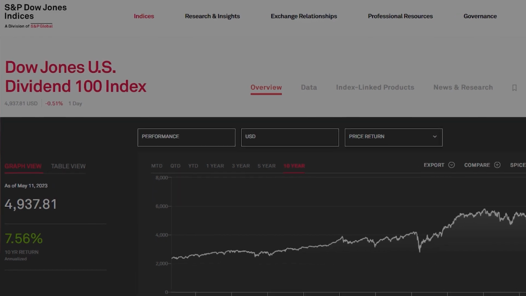To understand SCHD, you first have to understand that it's an index fund. You cannot invest in an index, but understanding the benchmark or the index will help you understand the fund. Kind of like paying Microsoft for a license to use Microsoft 365 products, Schwab pays a license fee to S&P Dow Jones to be able to have access to their research and analytics to help them weigh the fund properly.